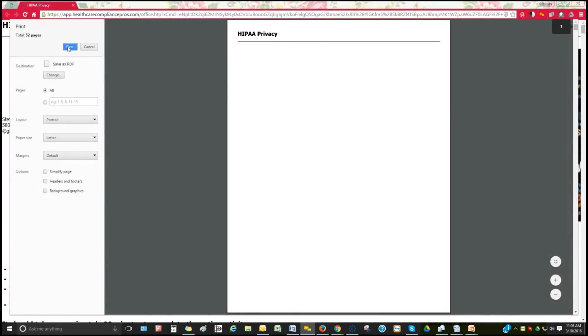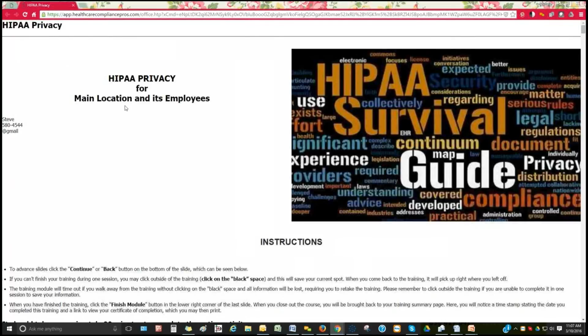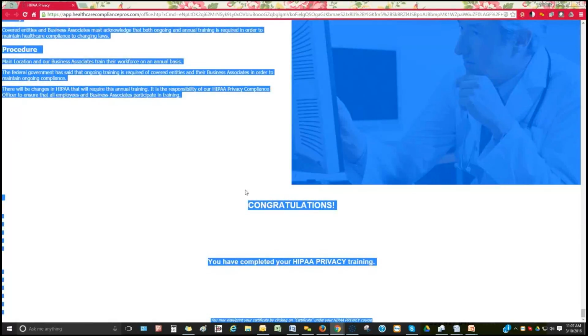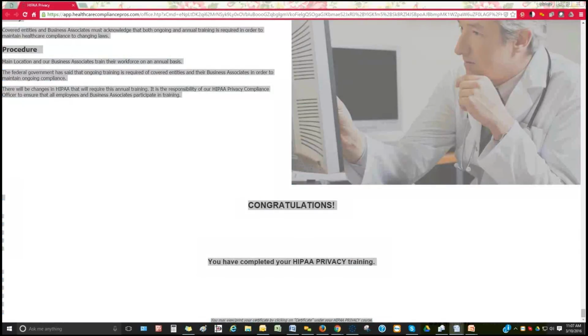And once you click on the HIPAA privacy course, it will open up the print preview. You'll want to cancel that and just grab some of the verbiage and then click Control-Shift-Delete, Control-Shift-End, and it will take you all the way to the end of the course. At that point, you can copy the verbiage and bring it over to a Word document, and I'm just going